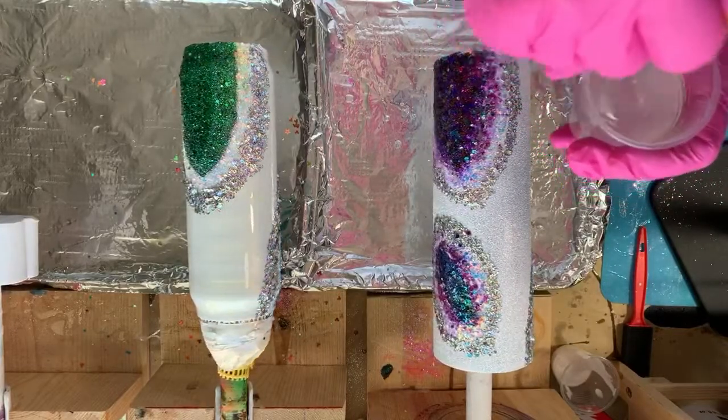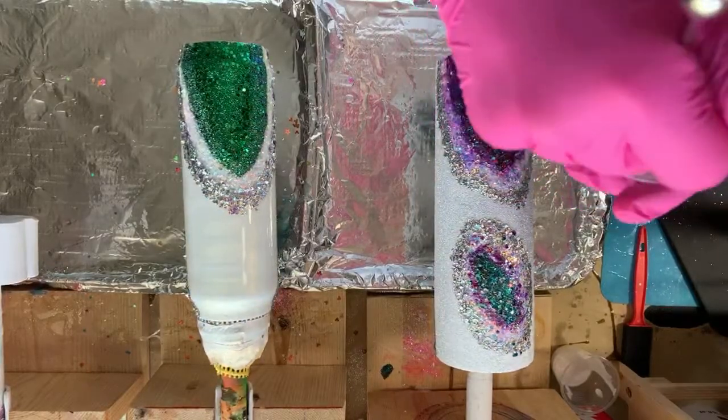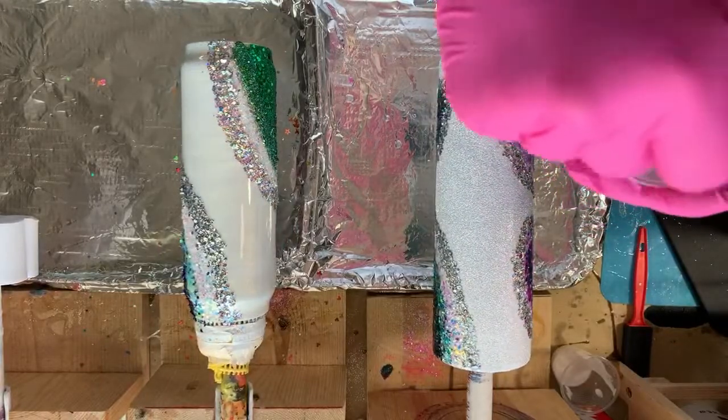So, normal epoxy mixing procedure. I'm gonna mix slow, mix it until it goes clear. The faster you mix, the more bubbles you get. To me, I kind of